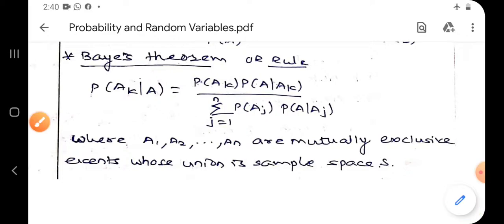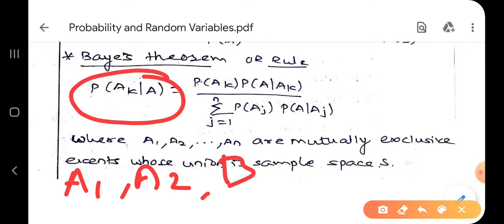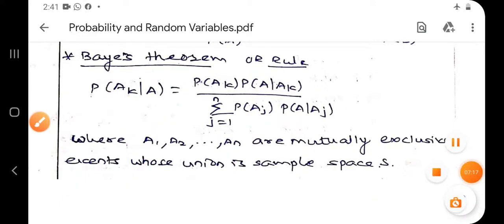Now here A and AK, we sometimes make confusion. Some students make confusion. So what we will do, we will take A1, A2, A3 for A, and for the occurrence or probability we take B. Correct? So P of B by A1, A1 by B, it looks comfortable for us, so that there will be no confusion. In examples we will do it. Okay? So let us start the example.